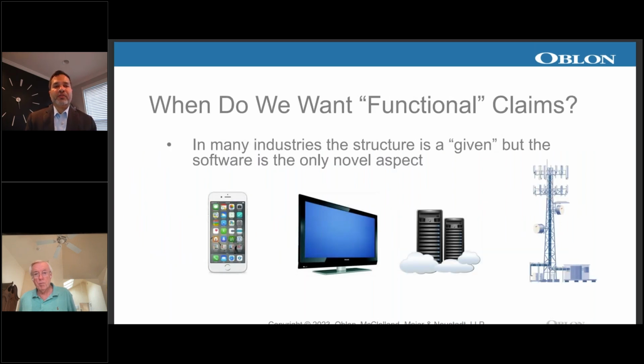So when they talk about functional claims, we're not just talking about antibodies. There are certain situations where the patentee is literally trying to get what we consider to be a functional claim. This is a situation in which really the structure doesn't change, but what you do with the structure does. And we see it very heavily in computer technology, especially the computer and software technology that exists today.